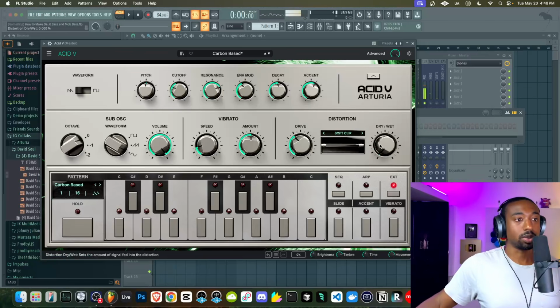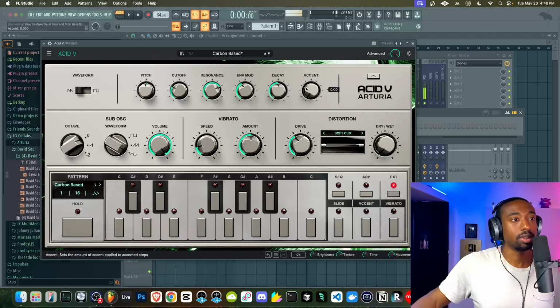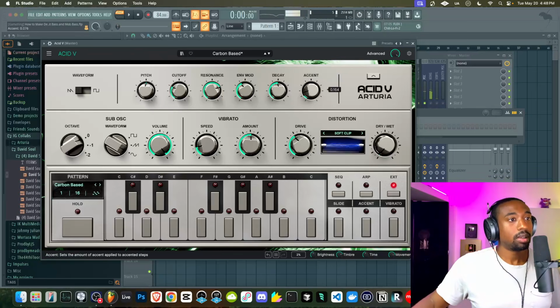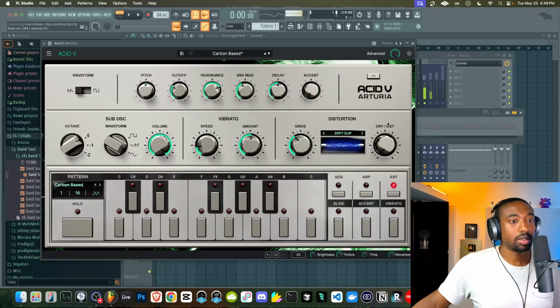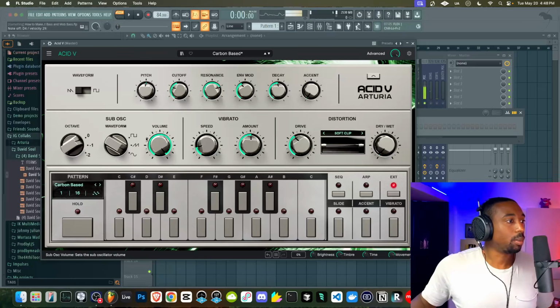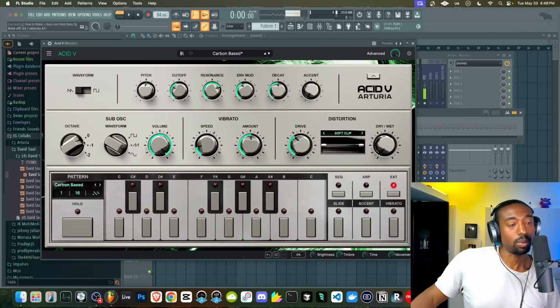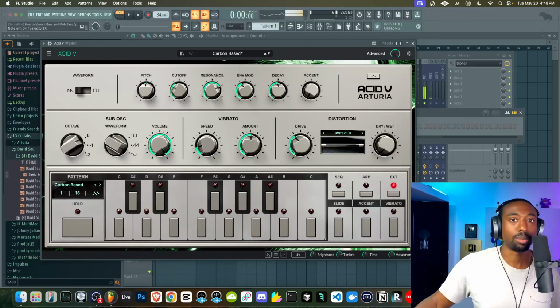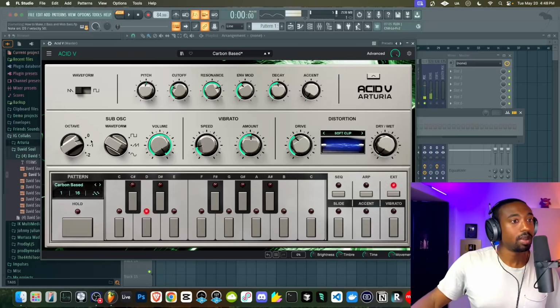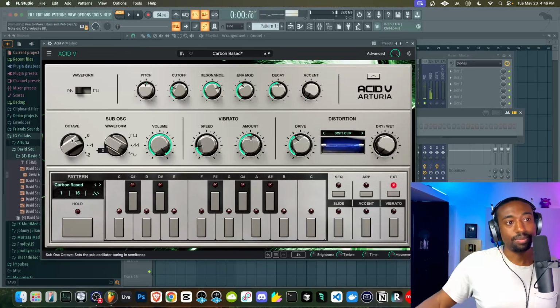Now we could turn off the distortion. I think accents only work with the sequencer. So now we have that Detroit-esque sound. We're going to turn on what's called the oscillator here. This is going to thicken up the sound, and you can go lower depending on which notes you're playing. I'm playing a pretty low octave, but if I was up here and we needed more bass, I might go an octave lower just to fill it out a little bit more, but 0 is fine.